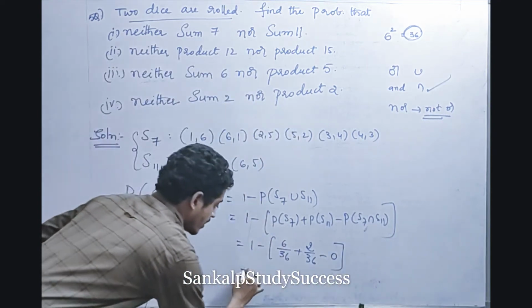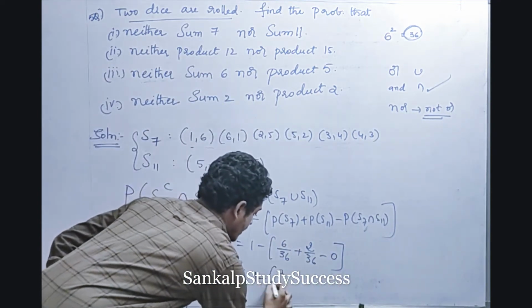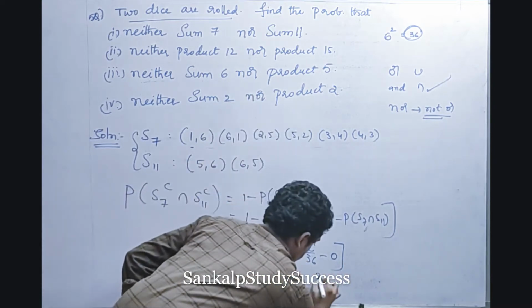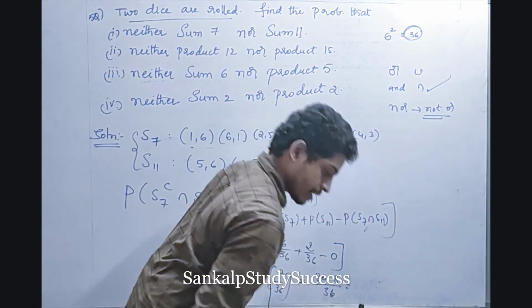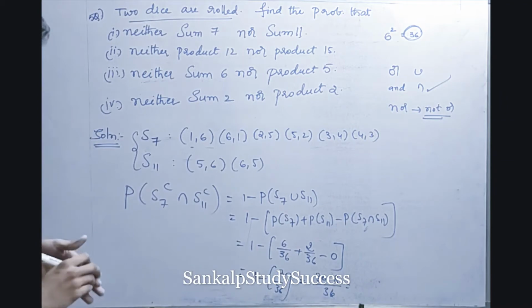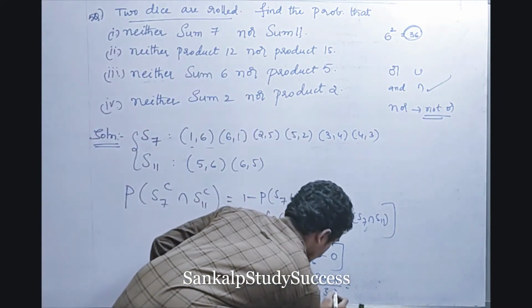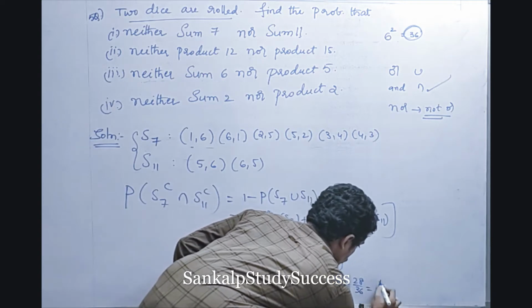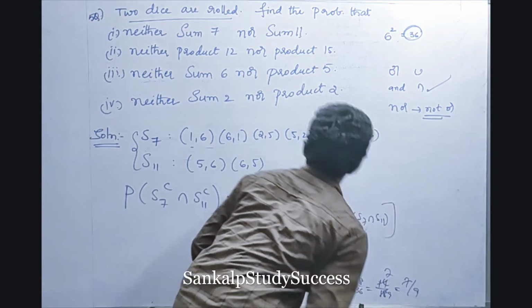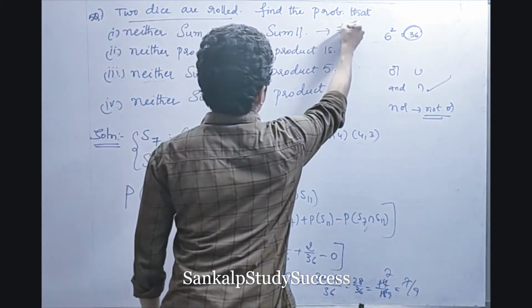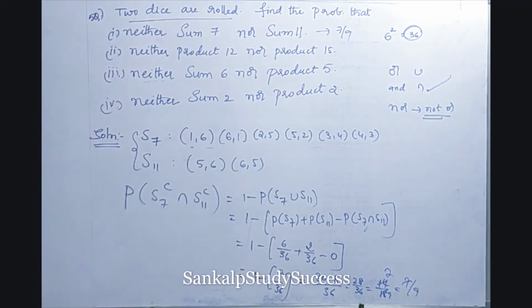So now 1 minus 6 plus 2 is 8 by 36, which is nothing but 36 minus 8 divided by 36. What is 36 minus 8, friends? I think it's 24, right? Yeah, I think it is, 36 minus 8 is 28. Yeah, 28 divided by 36. In the sense, 2 4s are 8, 2 18s are 36, next 2 7s are 14, 2 9s are 18, 7 by 9 is the answer. So for this question, 7 by 9 is the probability. Fine? Understand? So applying the addition theorem is very important, and just remember that this event is mutually exclusive. This is not independent because both belong to the same trial.